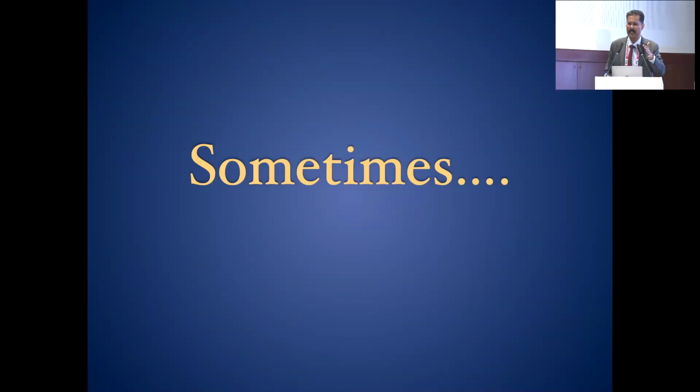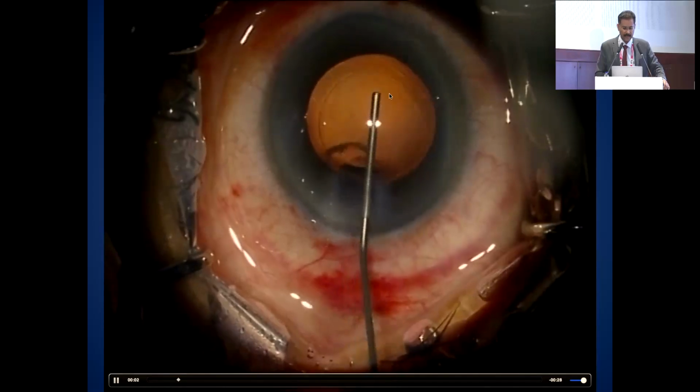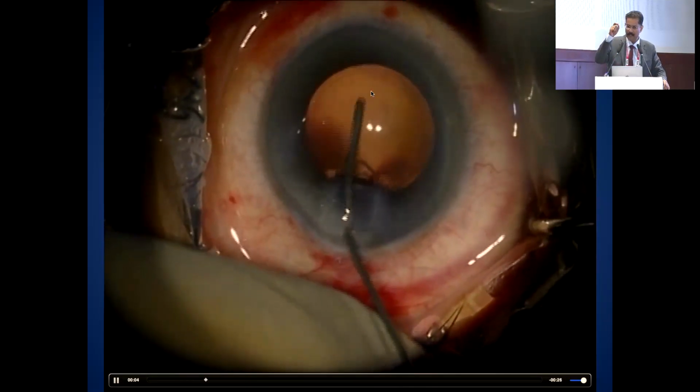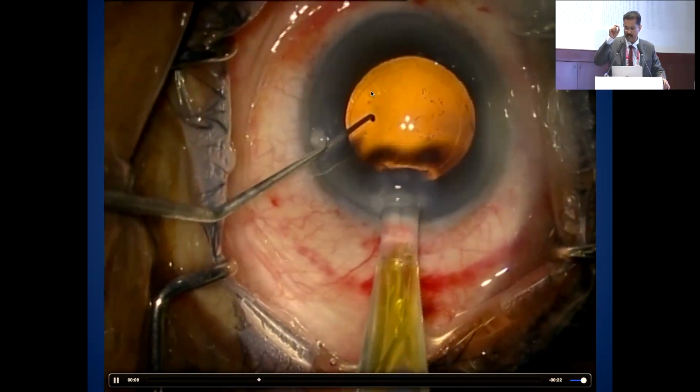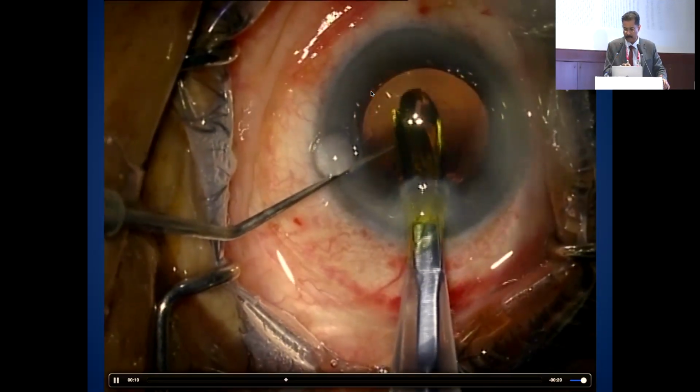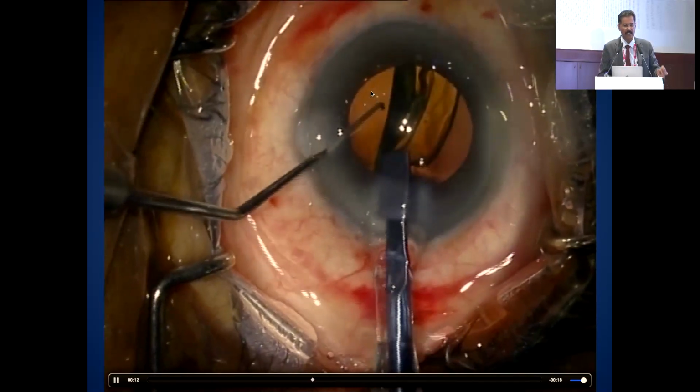This is for information, because I don't do this. It is not worth the trouble. But sometimes, when the laser falls on this one, there will be adjacent areas where there are some laser spots. So some weak areas may be there. When this lens goes in with a jerk,